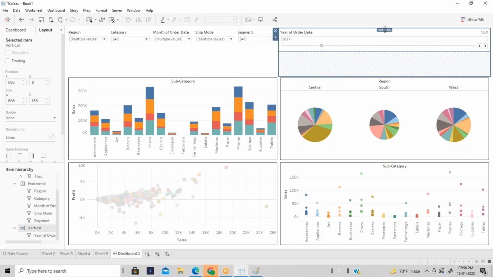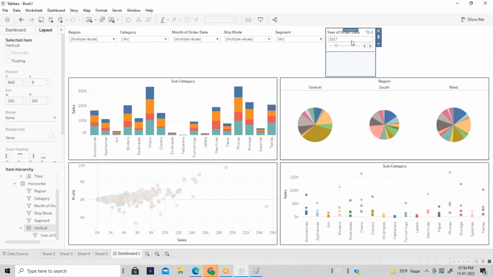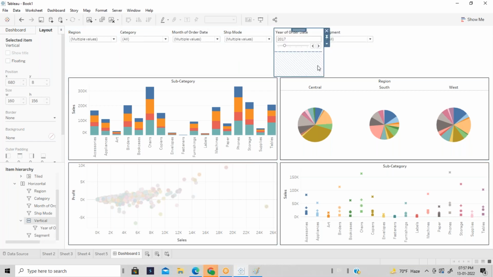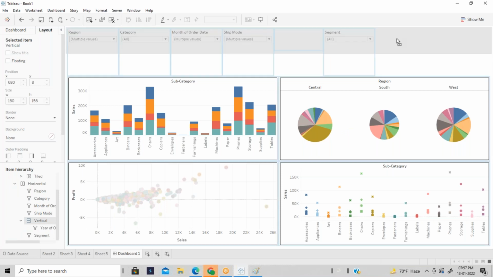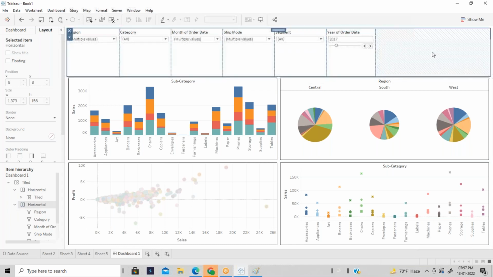Still order date is not there inside. Okay, let it be. That's okay. Fine. Anyway, it's inside the filter, right?